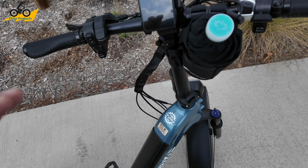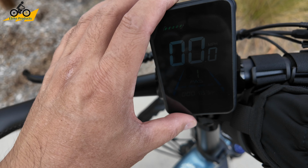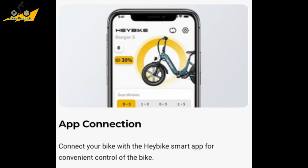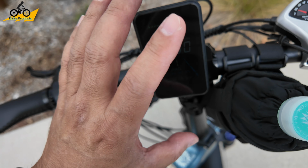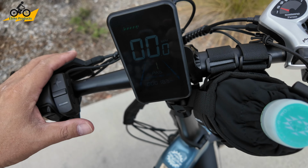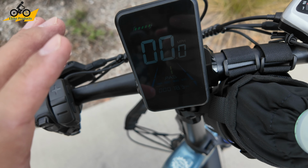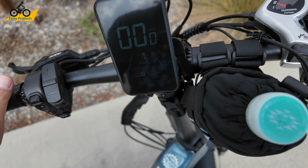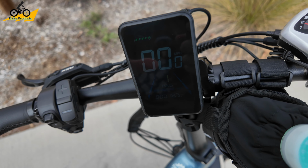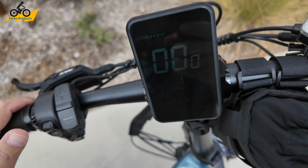Okay, so one other thing I forgot to mention regarding the display here is that it also does have the ability that you can connect an app to this display and control all the settings within it. Now you could hold down the plus and minus here, and there's a whole bunch of P level settings that you can go through, which some of them can be confusing. With the app, it'll be a lot more clear on what settings you want to have inputted and how you want to adjust it. So I would highly recommend doing that, which is a very cool feature that HEYBIKE added